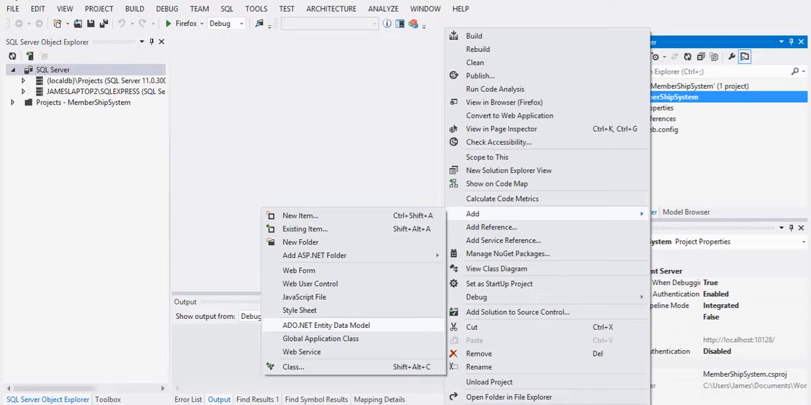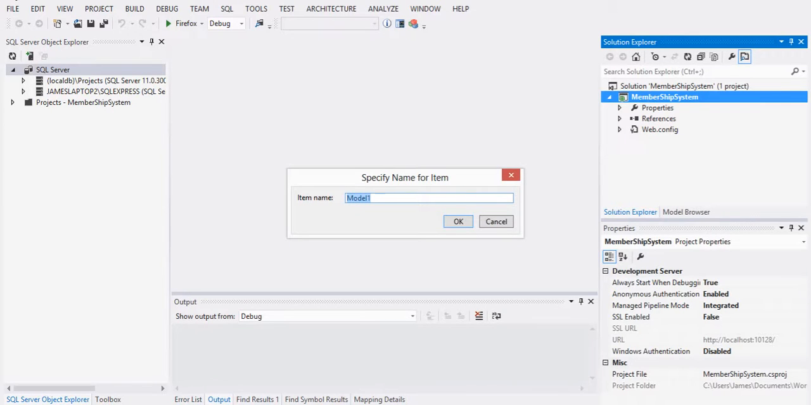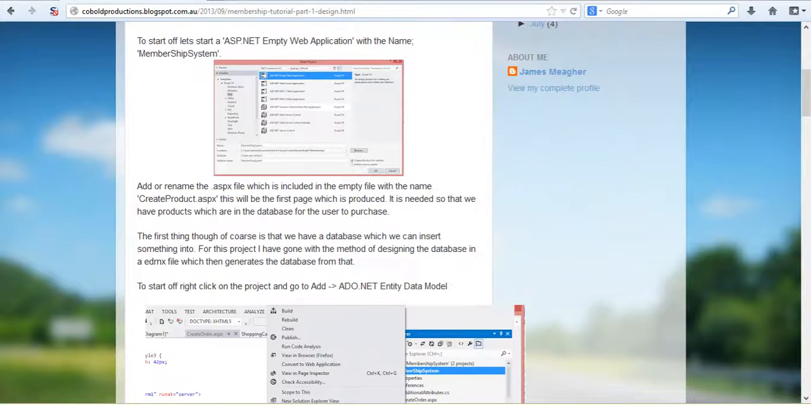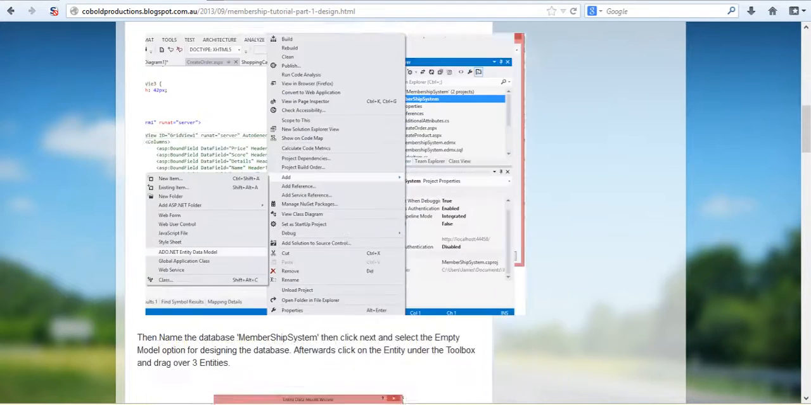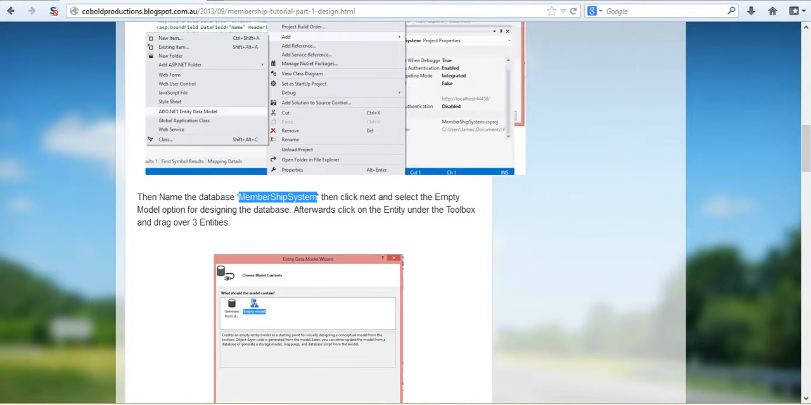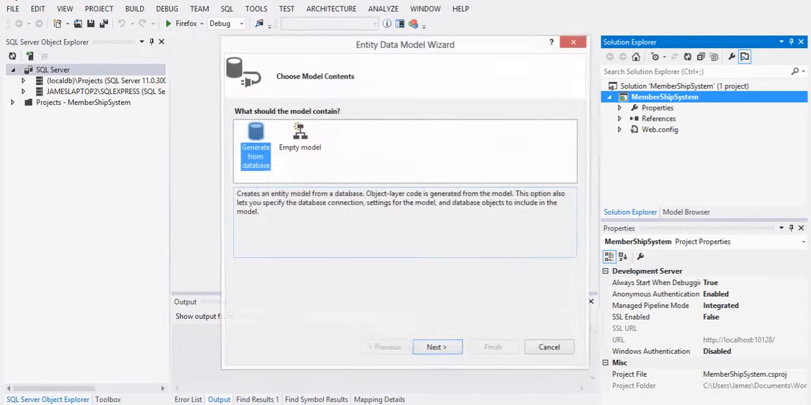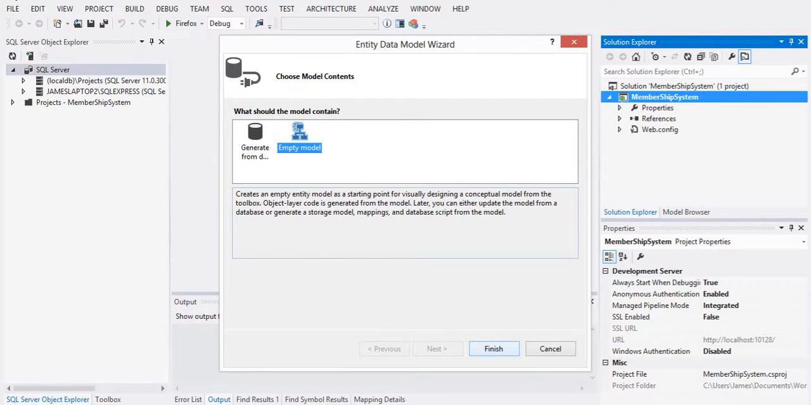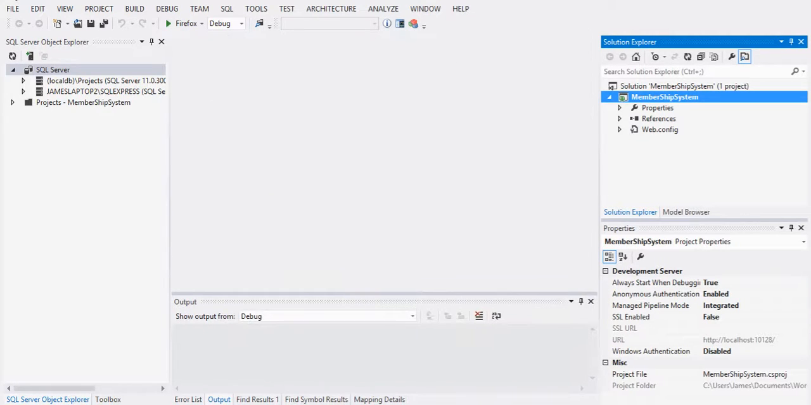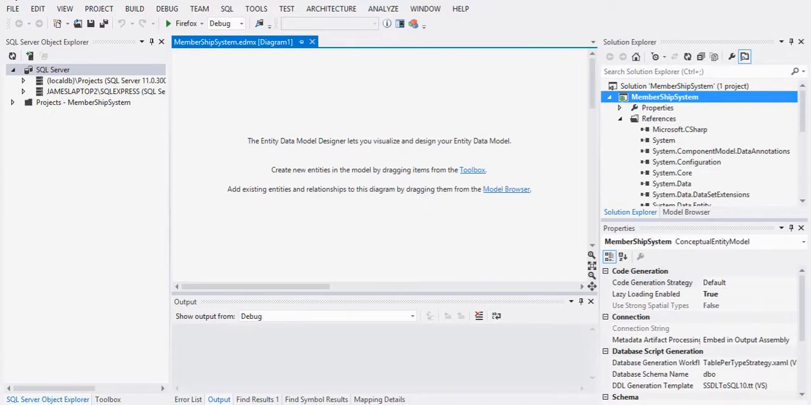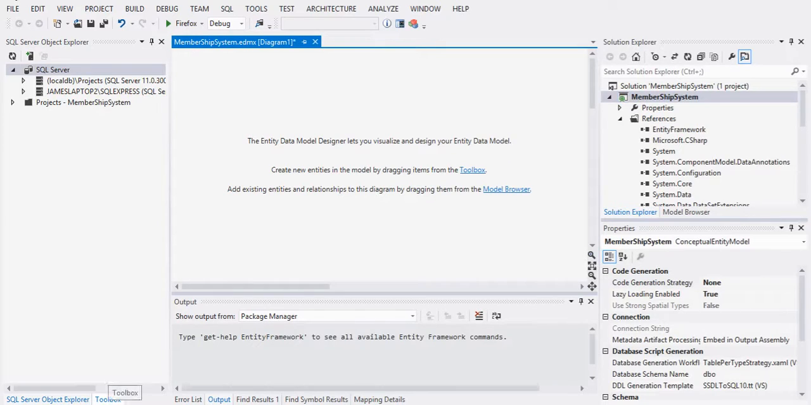We're going to add to the system an ADO.NET entity model, and the model name will be membership system. We're going to design from an empty model, which means we get to design the entire process. From here we can basically drag and drop, as though designing a website, the things we want. So we'll start off with